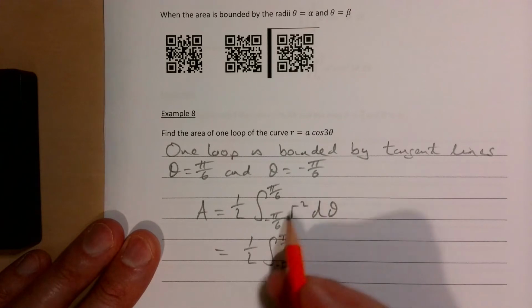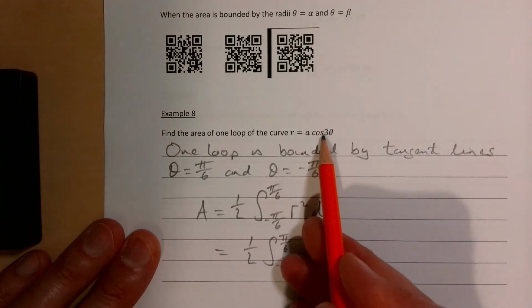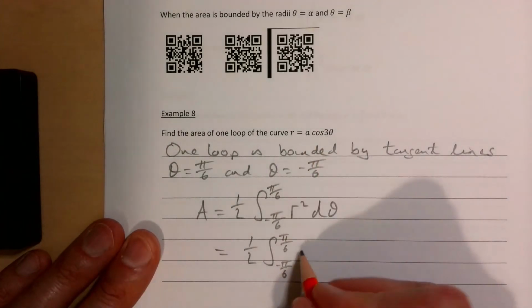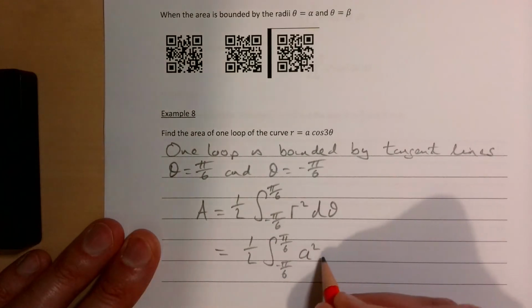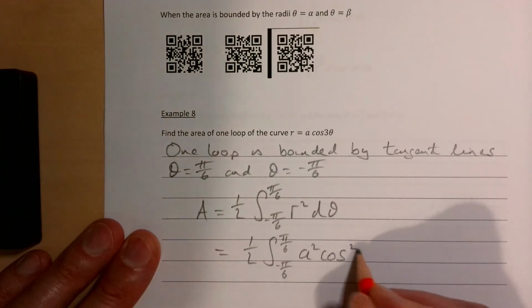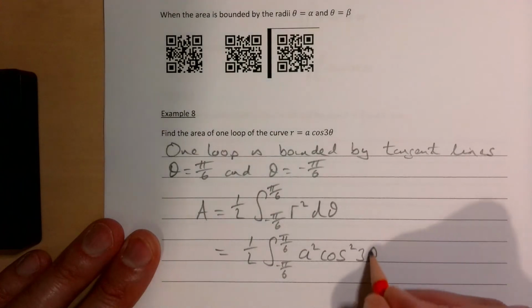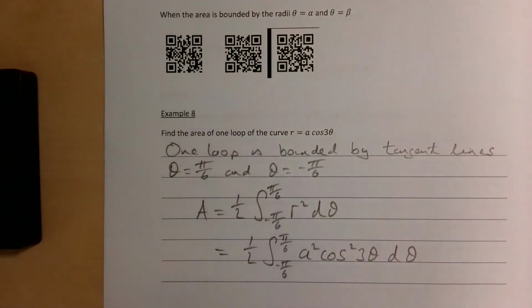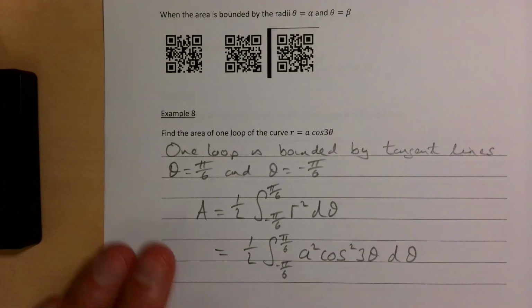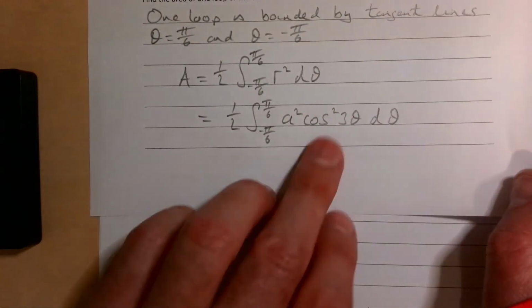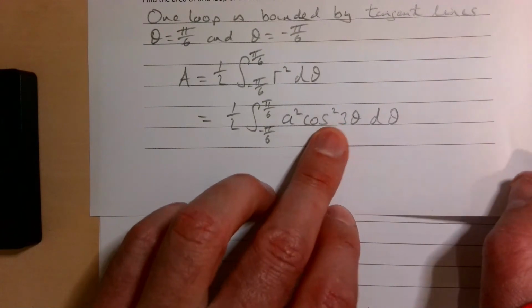r, of course, is a cos 3 theta, so r squared is going to be a squared cos squared 3 theta d theta. The way we would integrate that is to use our double angle formula, because we have a cos squared there, so we need to change that out. Again, I'm not going to spend time doing that now, that's part of your A level notes. So using the double angle